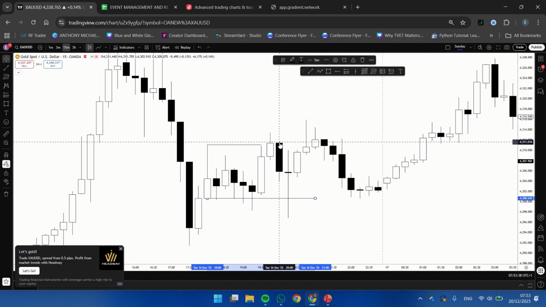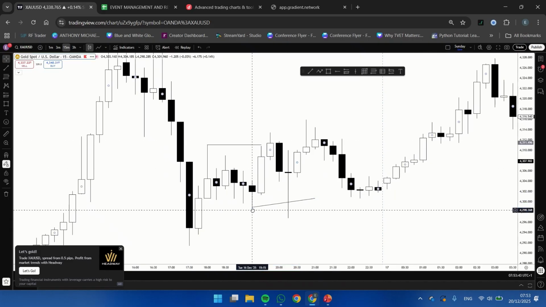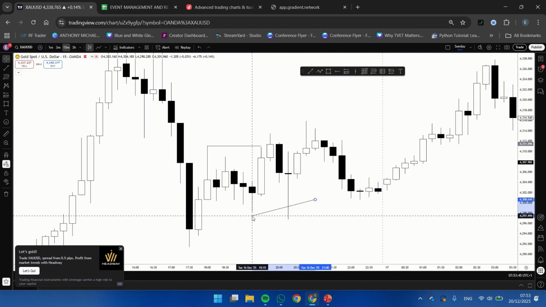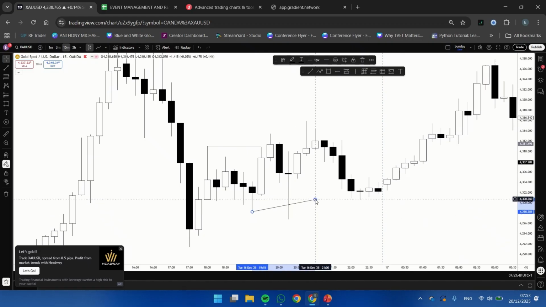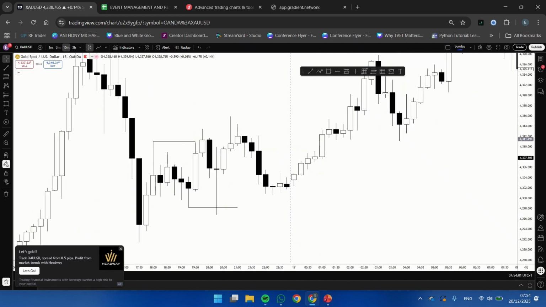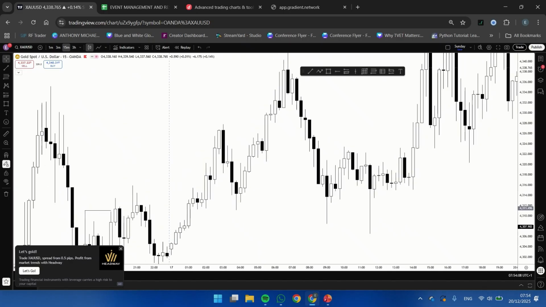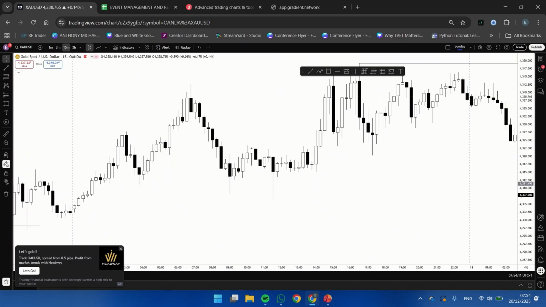So after this break of structure, which I took, this is actually not my swing point because I defined it. I don't just mark any high and low as swing point. I have a particular one that I defined, and if you want me to talk about that too, you can drop it in the comment section, because not everyone tends to hold. Some are just liquidity grabs and stuff like that. So the ones I tend to use,